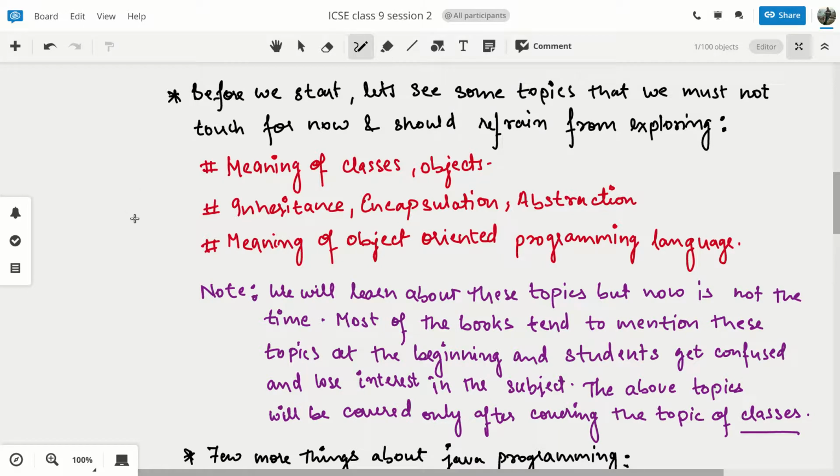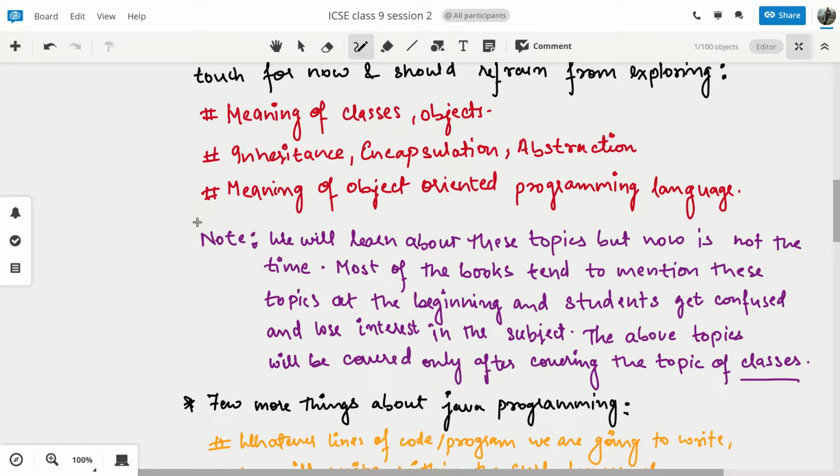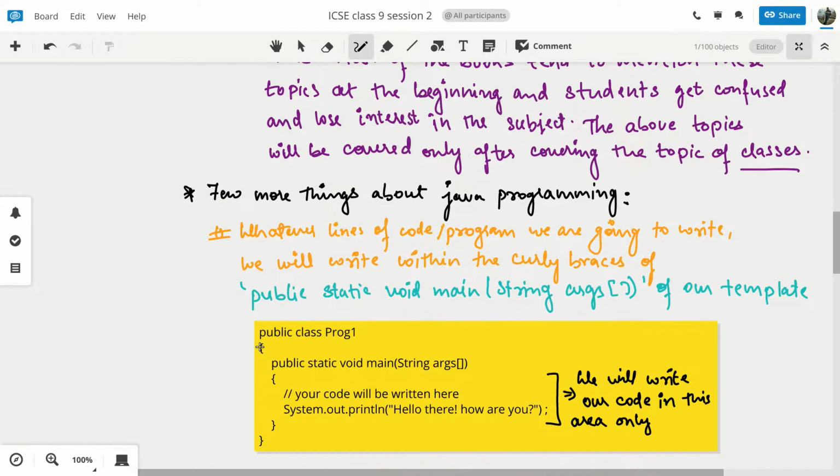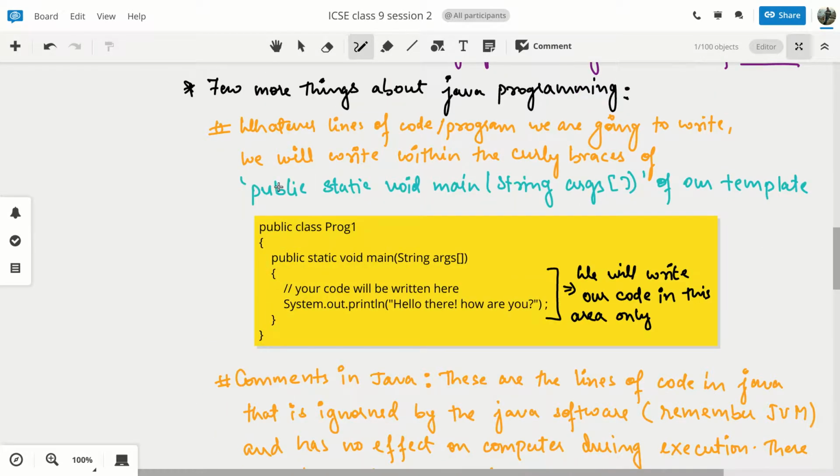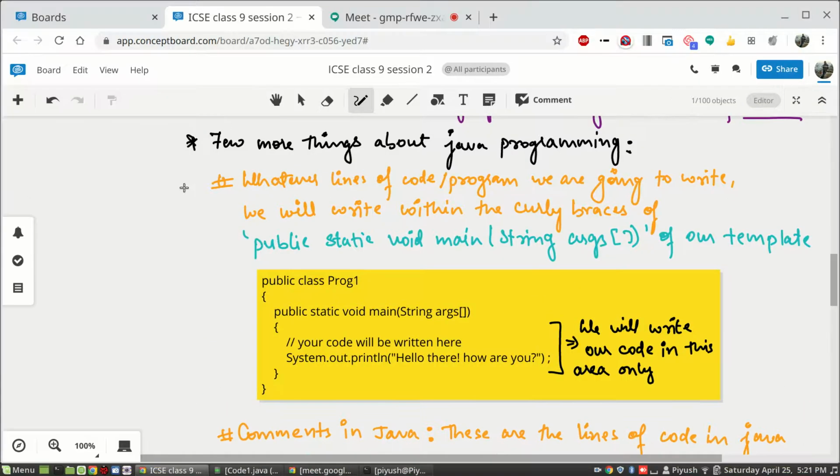Okay. So once we are clear with what we don't have to study, now we are going to start with some detailing. Before we start writing programs, I will start mentioning a few things about programming that will be used very often in programming. Okay, fine.